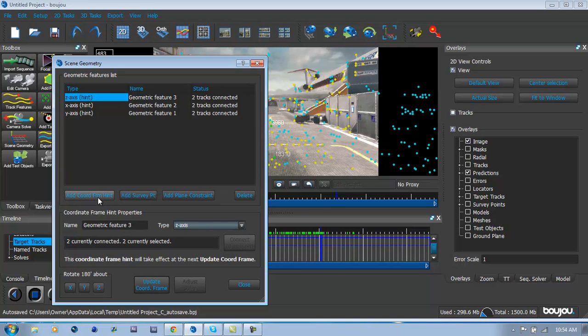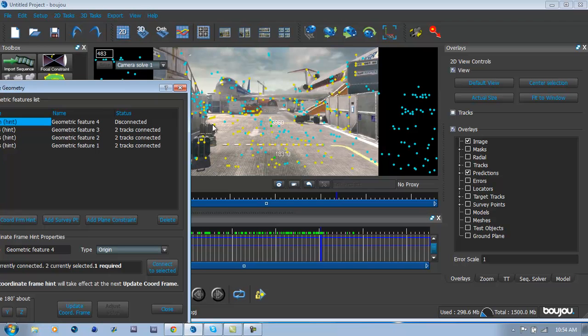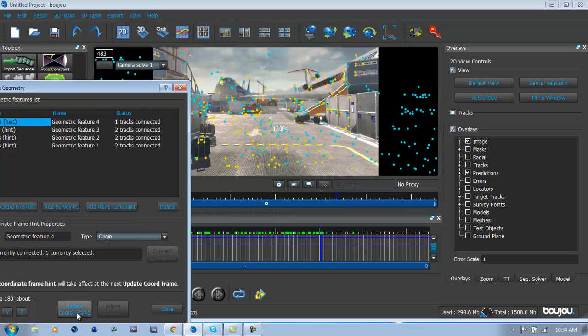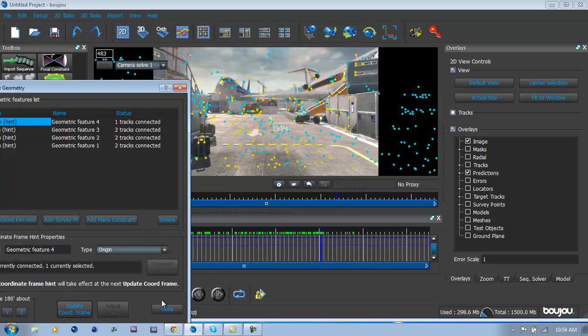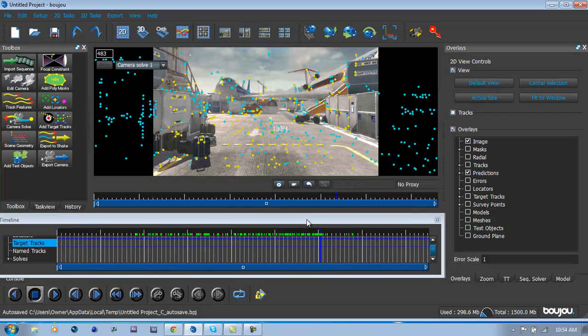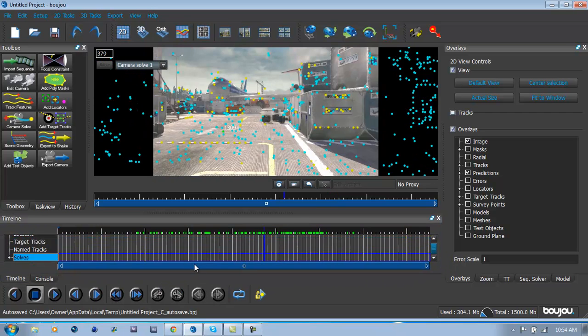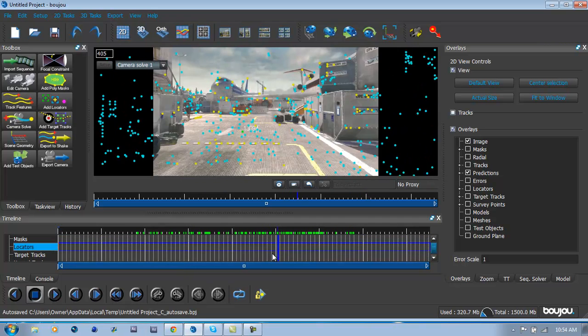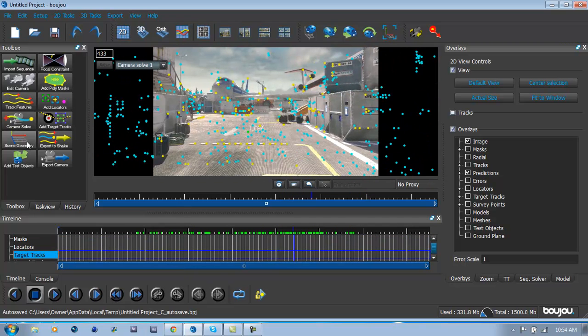And you can also add an origin if you really want to. I mean, I don't really do that, but you can if you want. Just kind of click this middle one or something and then just hit selected or whatever. And yeah, so can close that now. Like I said, you don't have to do the origin, but that's just personal preference. And now, just if we add,